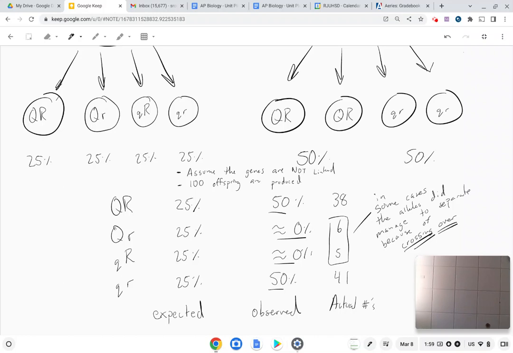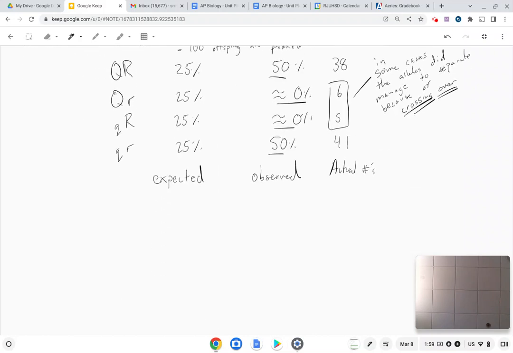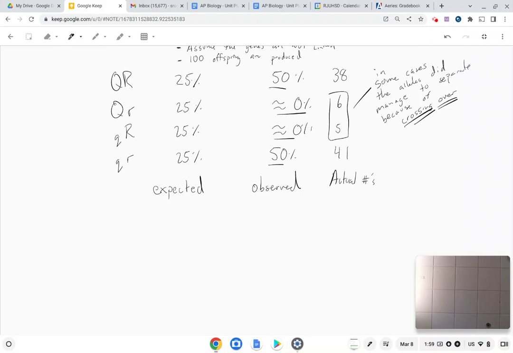So hang on a second. We're not done. We got 8 more minutes, and then we need the 8 more minutes to finish a couple more concepts. So what this means then, the chi-squared value,